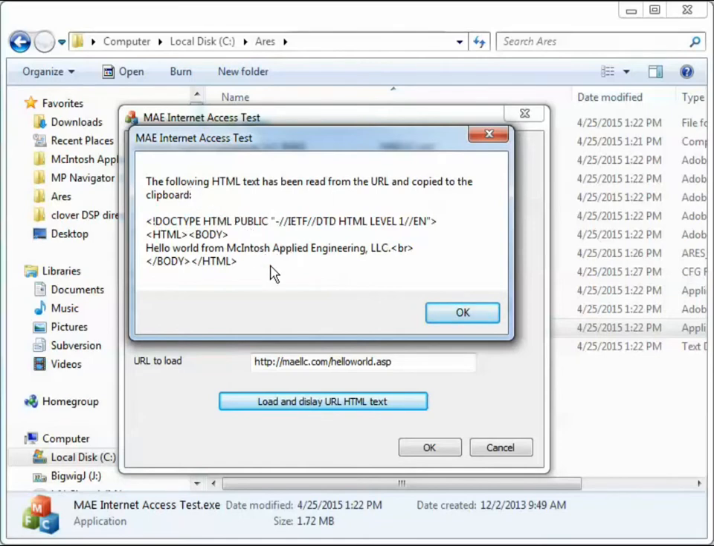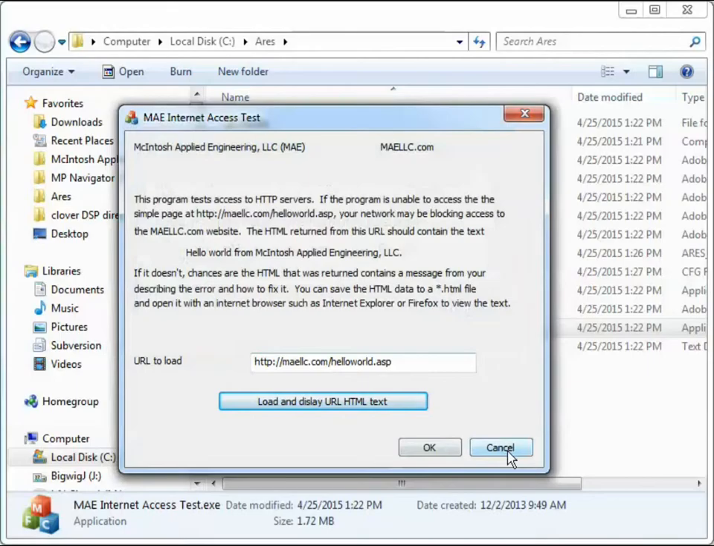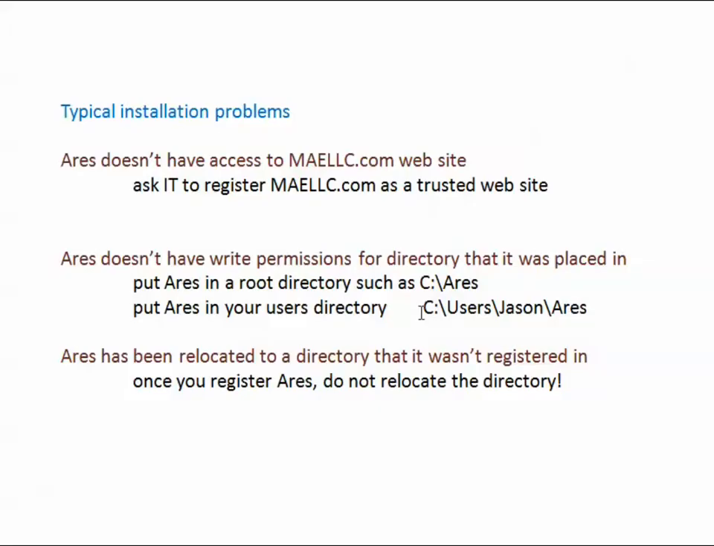However, sometimes this text might say something about the website being blocked and contacting your IT department about gaining access to it. So if you don't see Hello World from McIntosh Applied Engineering, Aries will not have access to our license server. I'll close this out. The next most common problem is that Aries doesn't have write permissions for the directory that